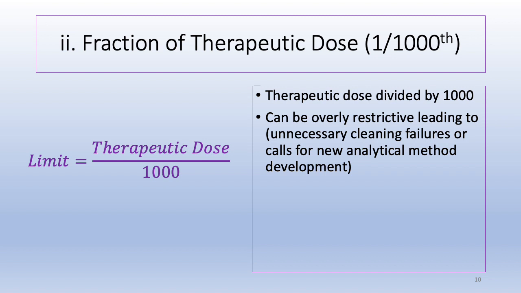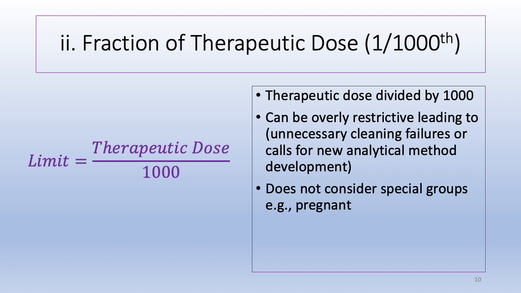As a result, it was described as being over-restrictive, leading to unnecessary cleaning failures or calls for new analytical method development. This can be quite costly for the pharmaceutical industry, where you're developing methods to detect very minute quantities of a drug which, from a health-based risk assessment perspective,